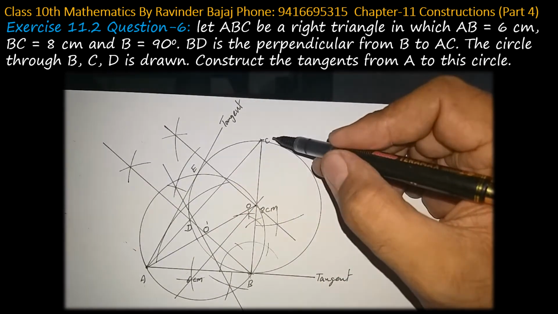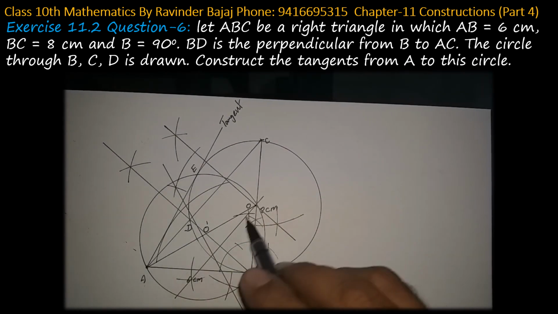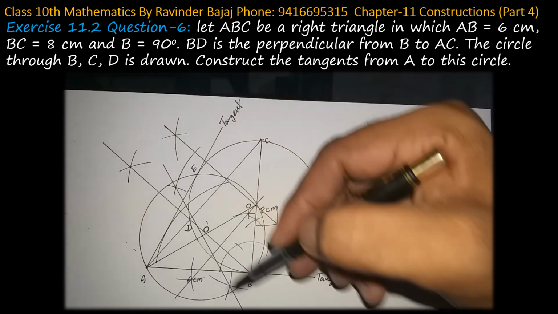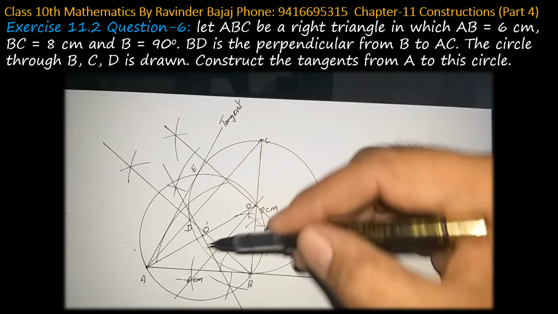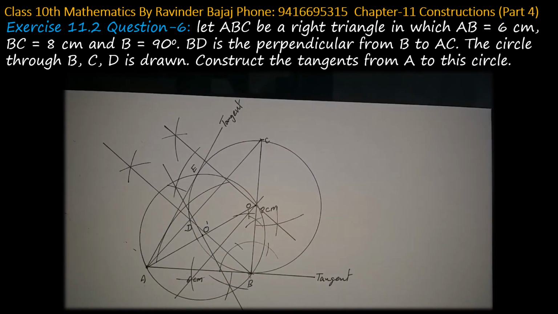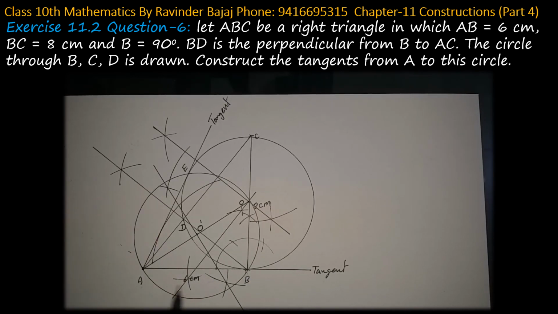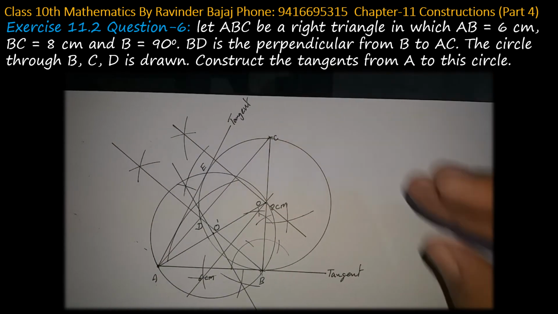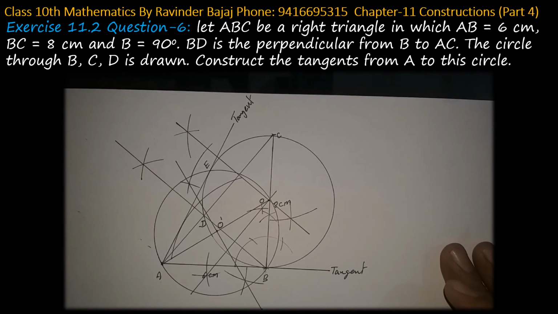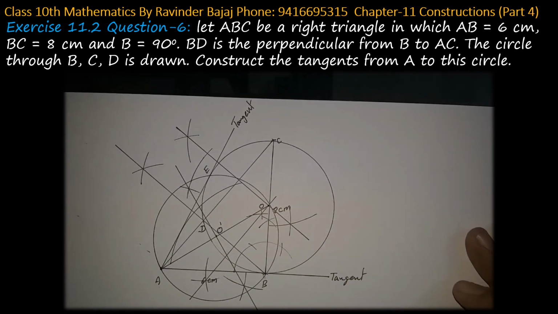Now this circle has one tangent AB. The second tangent is also required. For this, we have joined AO. Now AO's perpendicular bisector we have done. This is the perpendicular bisector at O dash. Taking O dash as the center, we have drawn a circle. That circle is going to meet the old circle at B and E respectively. AB is already joined. Join AE. This is the second tangent required. So in this way, here is the tangent and the triangle and the circle passing through BDC is required. This is the construction.